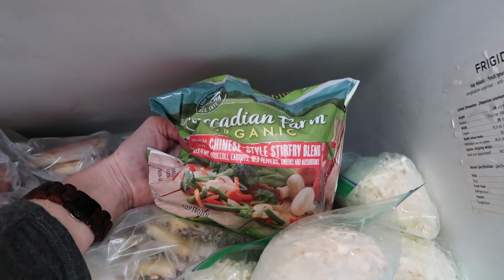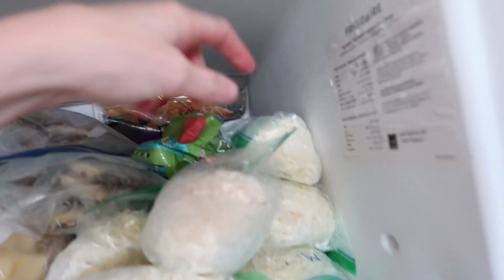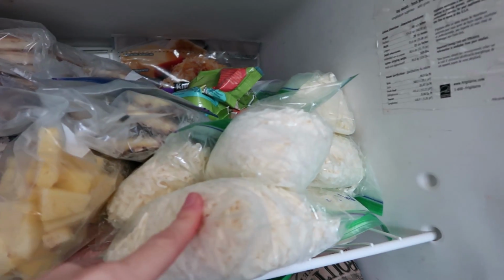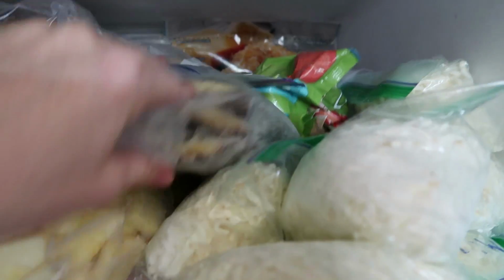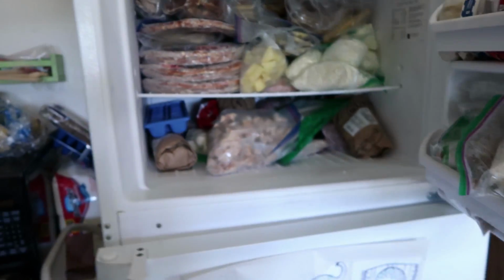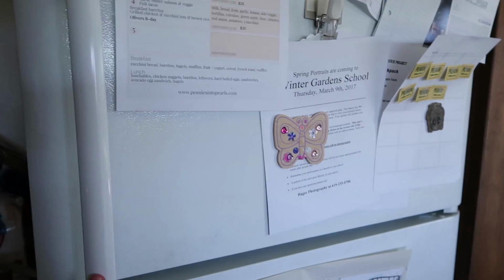some frozen veggies that might be good in a stir fry, a bunch of mozzarella left over from last month's haul, chopped pineapple, 2 things of bacon, some pineapple skin that might be good, and then a bunch of just random little condiment type things that I keep frozen. Okay? So again, the reason we're doing this is because we are gonna plan next month's meals off of what's in